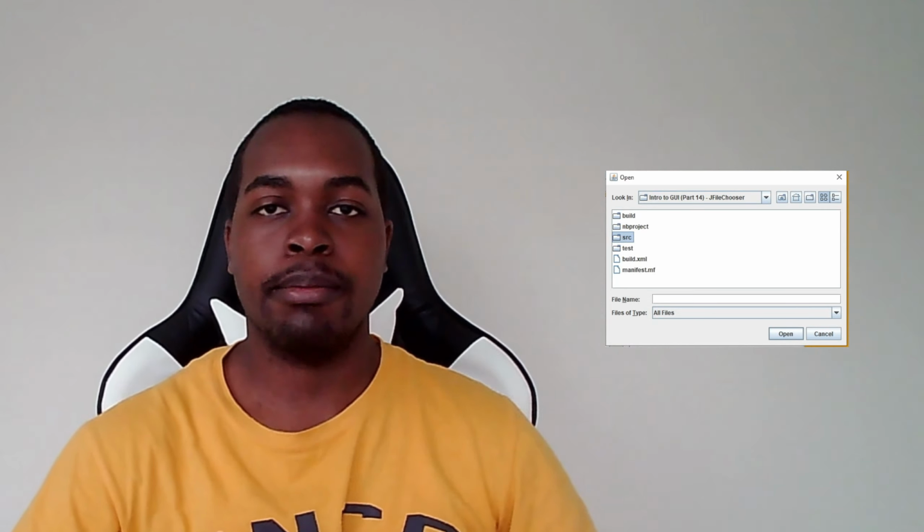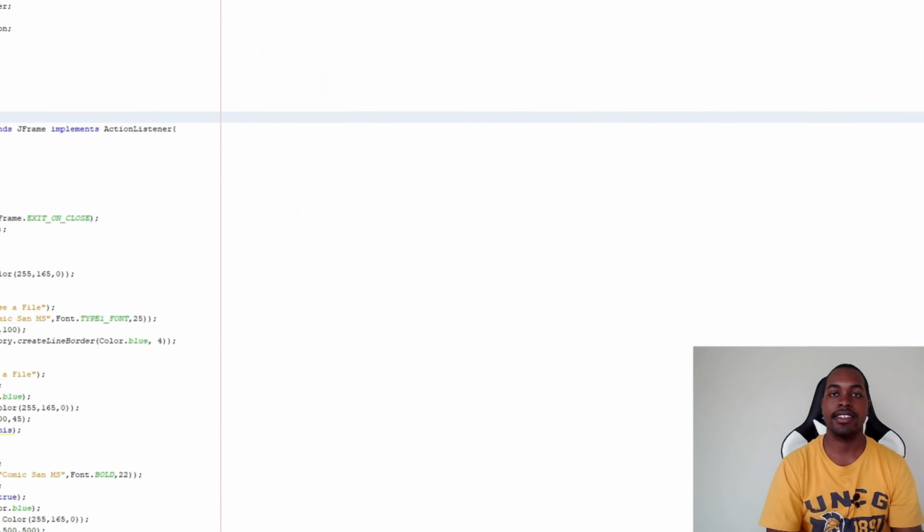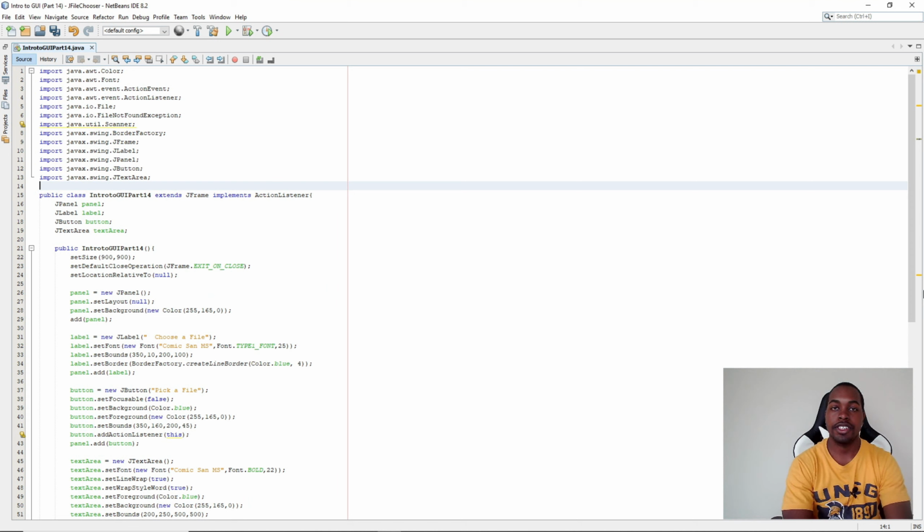Today we're going to be talking about JFileChoosers. Alright, let's get straight to the code. In today's example, we're going to open a text file and then print it to our JTextArea. First, we need to import our JFileChooser. So import java